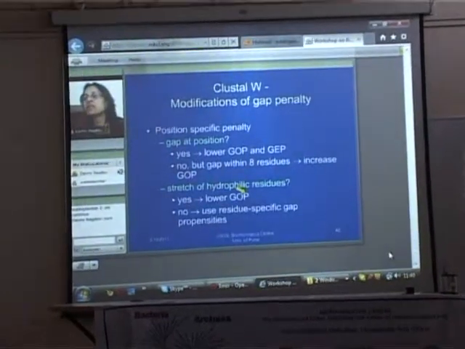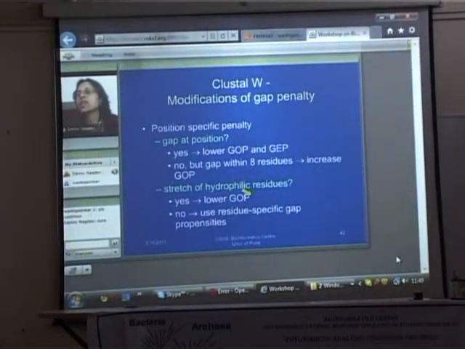mutations. So you may have a higher rate of mutations in such positions which are hydrophilic and exposed on the surface. And secondly, from the structure point of view, such stretches may be parts of the loop regions or the irregular coil regions in the protein structure. So considering these two properties, they consider whether the position for which you are assigning the GOP value is part of a hydrophilic stretch. That means you make it easier to introduce a gap in this position, because in the process of evolution it is possible that you will have some insertions or deletions in that position, so you lower the gap opening penalty.